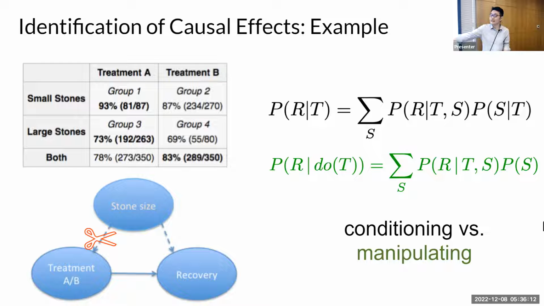So you focus on this link, and the property of this link, known as causal effect, can be totally different from correlation or dependence. That's why the answer clearly should be A, right? Because I just care about this part. And then you can see, if you fix the stone size, A is always better. Clearly, I would recommend A. And even if I don't know stone size, later you can see we are going to recommend A. So this is the example to illustrate the big difference between causal effect and correlation.